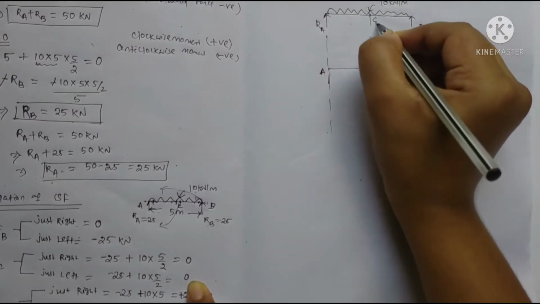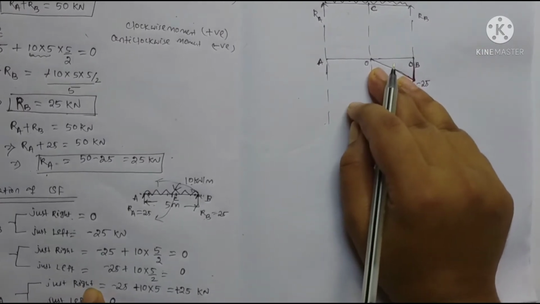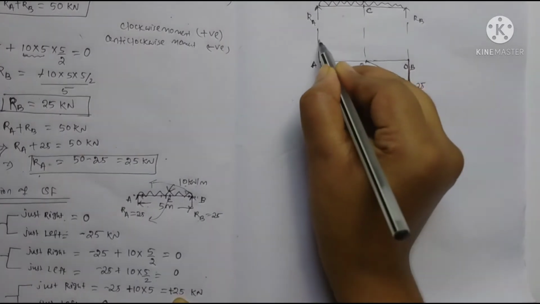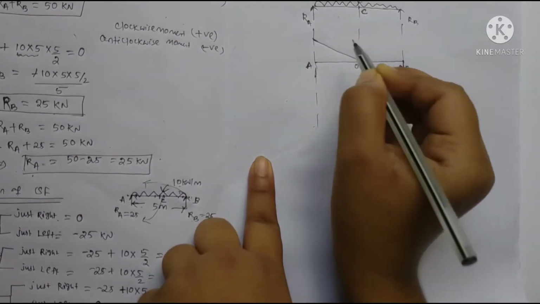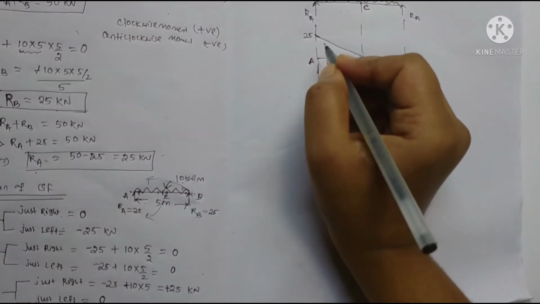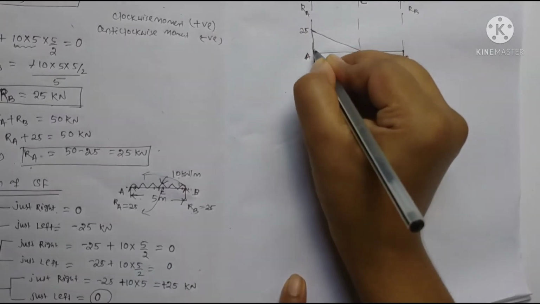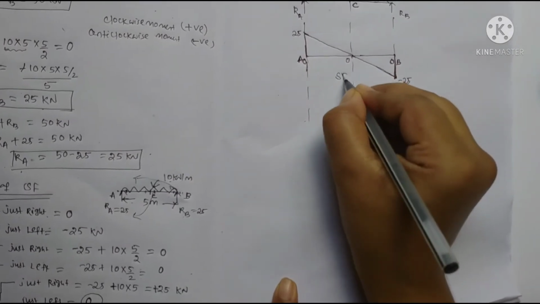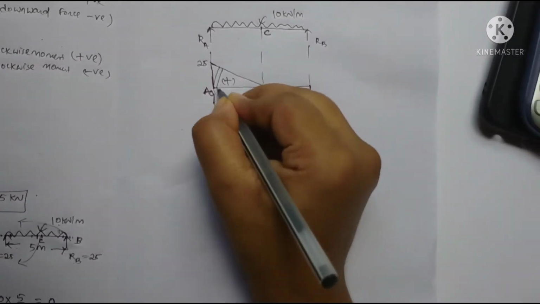This is point C. Then at point A, just right, the force will be plus 25. So our diagram goes upward, that will be plus 25. Then just right, it will be 0 here. So it will be 0. Just connect that point. Here we draw the shear force diagram. It will be positive and it will be negative.